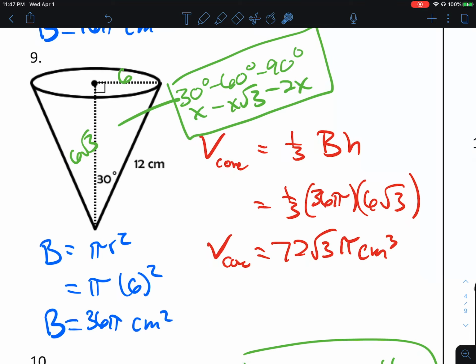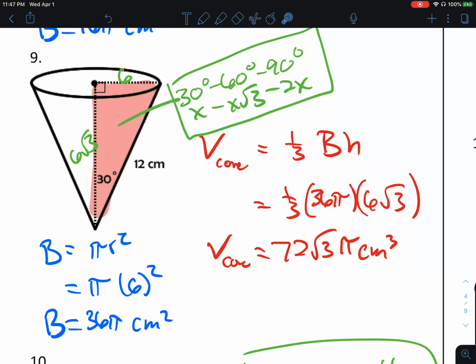Number 9, we don't know much about this. We do, however, have this triangle. We need to find the area of the base. To do that, we need to figure out what the radius is. This is a 30, 60, 90. If the hypotenuse is 12, the short leg is half of that, which is 6, and the long leg is